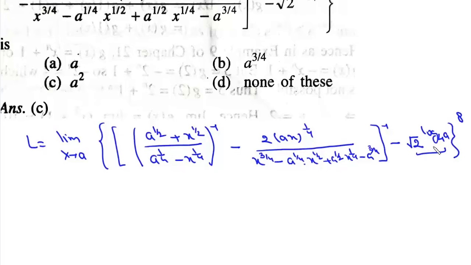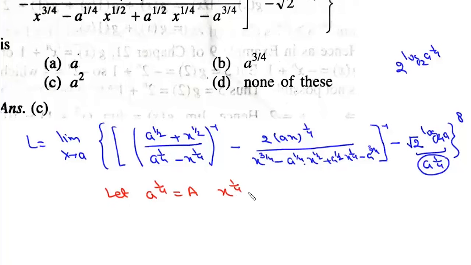Now first we'll simplify this. Now this is 2 to the power 1 by 2, and 2 square is also 1 by 2. So this is 2 to the power log 2 and a to the power 1 by 4. So this expression is nothing but a to the power 1 by 4. Now what we'll do is we'll let a to the power 1 by 4 as capital A and x to the power 1 by 4 as capital X. And we can write this L as this limit,